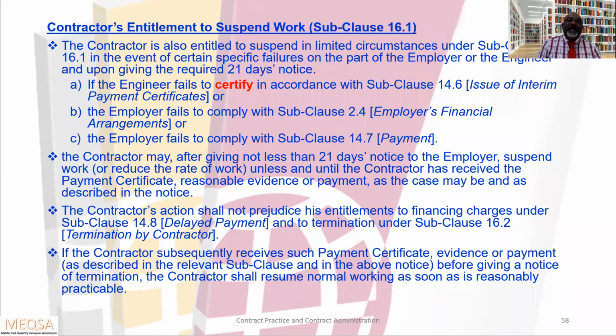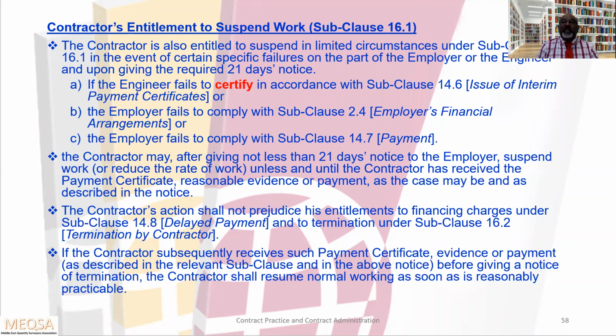So, contractor's entitlement to suspend the work. The contractor is also entitled to suspend in limited circumstances under subclause 16.1 in the event of certain specific failures on the part of the employer or the engineer, and upon giving the required 21 days notice. A, if the engineer fails to